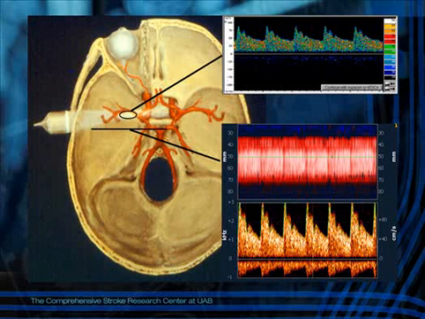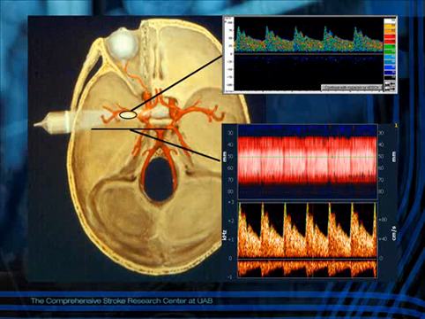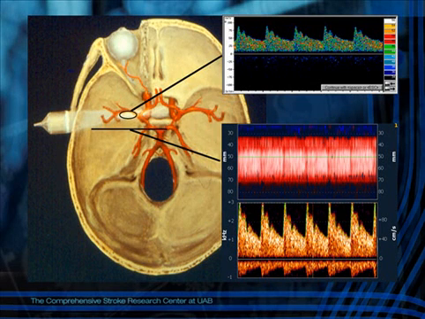The next slide shows a diagram of the circle of Willis with projection of the spectral waveforms out of the circle of Willis. And this is the original approach with transcranial Doppler as defined by Rune Aaslid. In fact, it's his drawing right there. And for a long time, we had simple single-gate spectral waveform analysis that was very unobvious to sonographers because there was no image attached, and it required a long time to acquire skill and ability to navigate through the circle of Willis by just switching the depth and putting together in your head